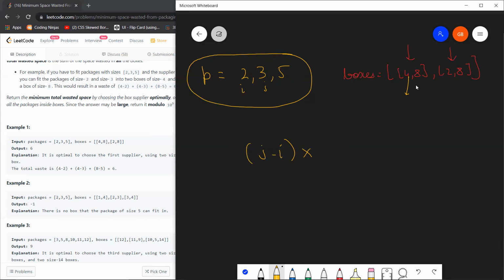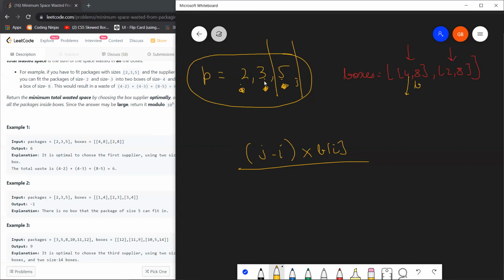This entire 2D array is boxes. I'll call this small array as B, so B[i], right? And we calculate all these. Let me explain again. So next, you have covered the box with size 4. Now let's come to box with size 8. One demarcation that you created over here, now this demarcation will make your i this one over here. Or let's say your i will be actually the last j that you encountered, and your upper bound will reach somewhere over there.